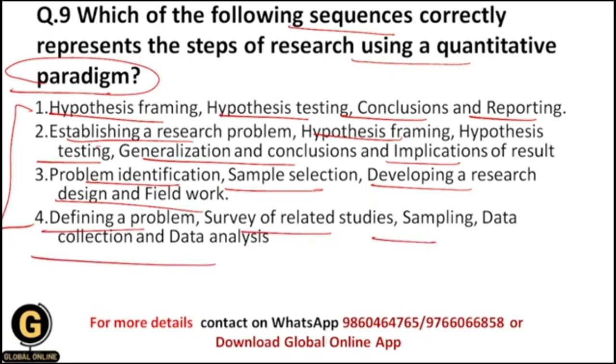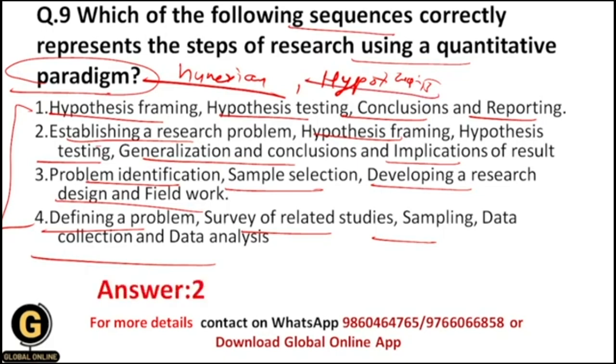So here you have been asked for a quantitative paradigm, and that's why there is the collection of numerical data first of all, then there is a hypothesis, then again there is a testing of hypothesis, there is statistical analysis. So that's why we need to follow such procedures in the quantitative paradigm, and that's why your correct answer should be 2nd, because here the first step is establishing a